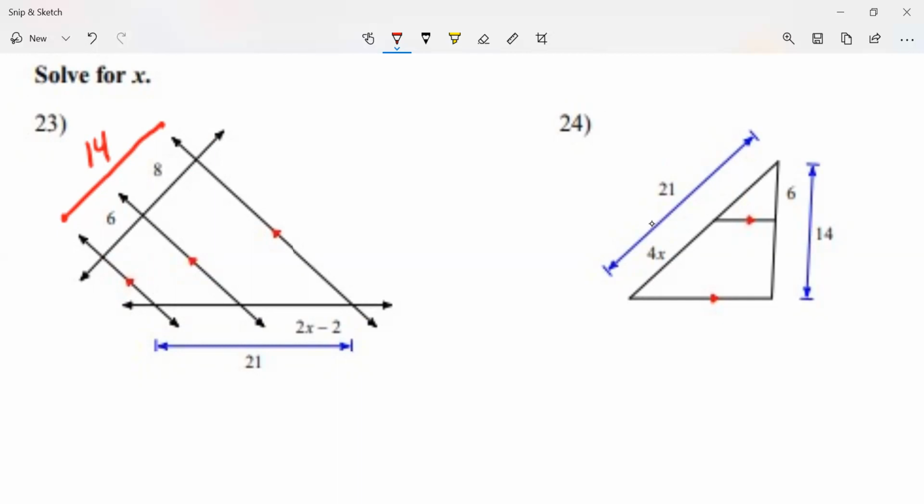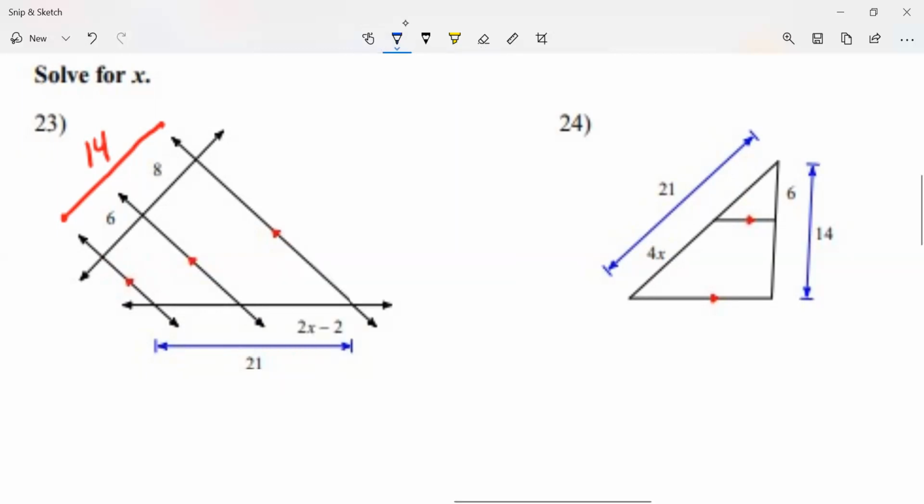But let's say, let me erase one of these. Let's say I was given this, 14 and 6. I was not given the other side. In this case, for me to find the other small side, I would subtract 14 minus 6, which in this case happens to be 8. Okay, so we have that. So the one side that is all numerical, you should be able to have three values. From those three values, you're only going to use two, but you're not quite sure which two you are going to use. Now, from the side that has the x,